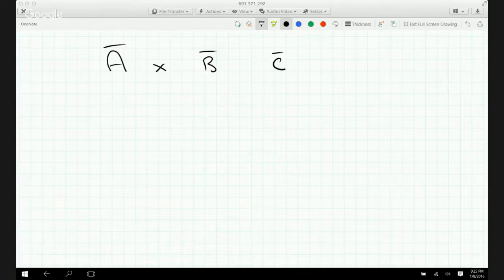That if you have A cross B plus C, that is the same exact thing as A cross B